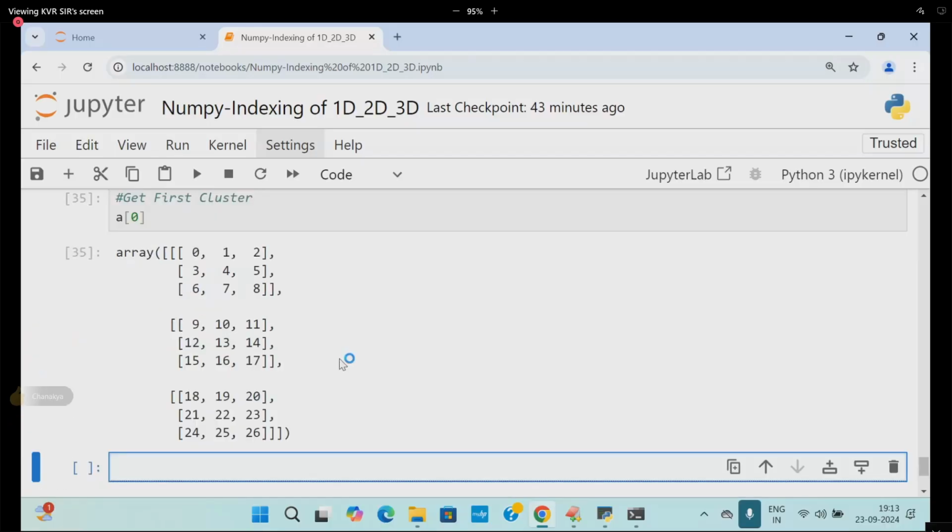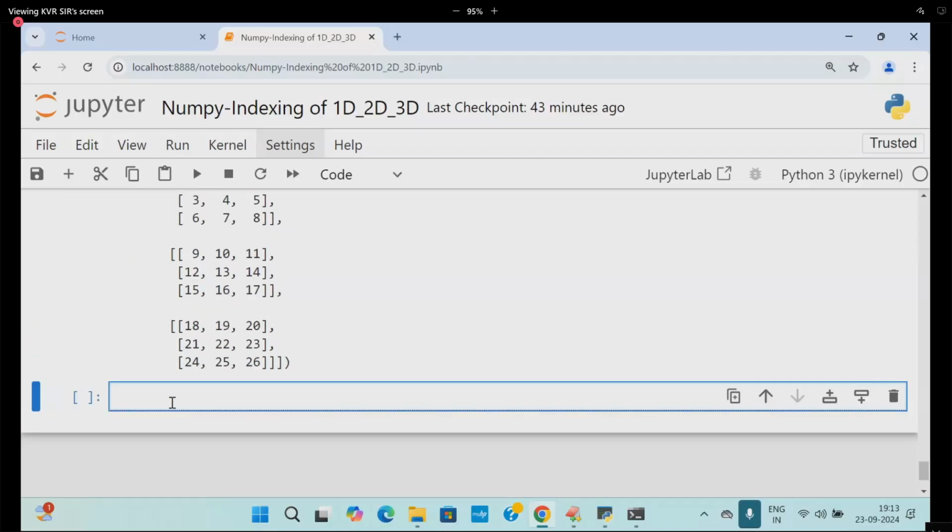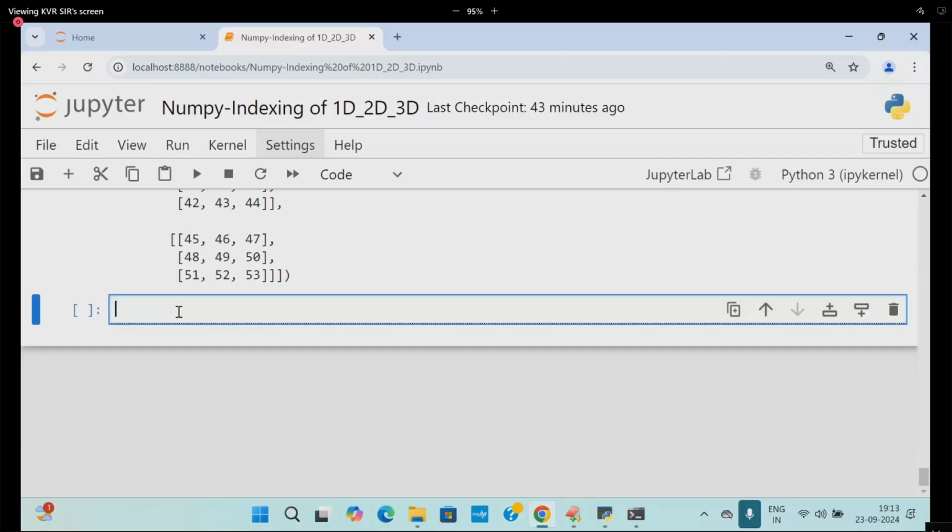So A of 0, comma, 0. In the 0, I want this 0.